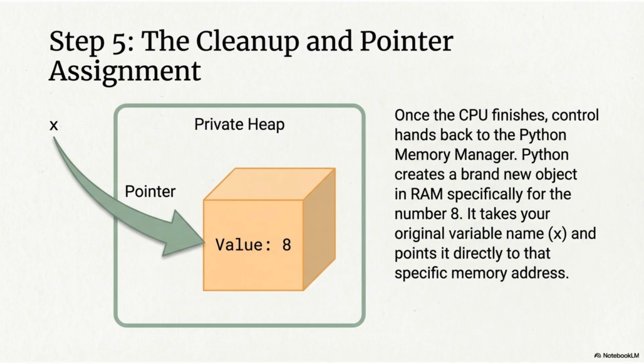Step 5. The cleanup and pointer assignment. Control returns to the Python memory manager. Python creates a new object in RAM for the result and points the variable name x directly to that memory